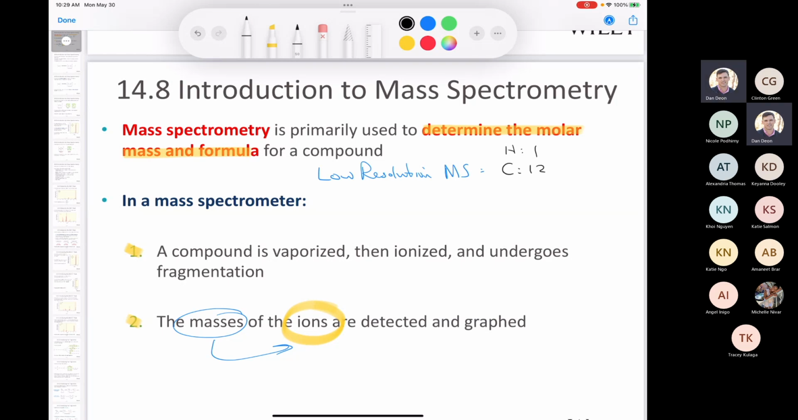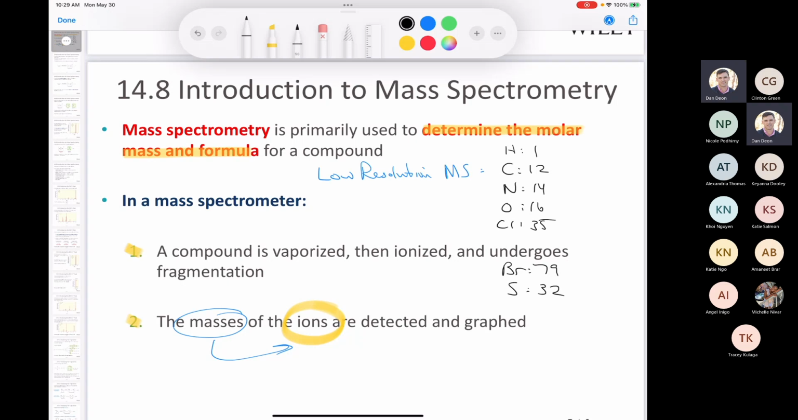Carbon will have a mass of 12. Nitrogen will have a mass of 14. Oxygen will have a mass of 16. Chlorine will have a mass of 35. Bromine will have a mass of 79. And sulfur, which we might see from time to time, will have a mass of 32. So those are the elements that we're going to encounter most commonly. And those are the masses that we're going to use for those